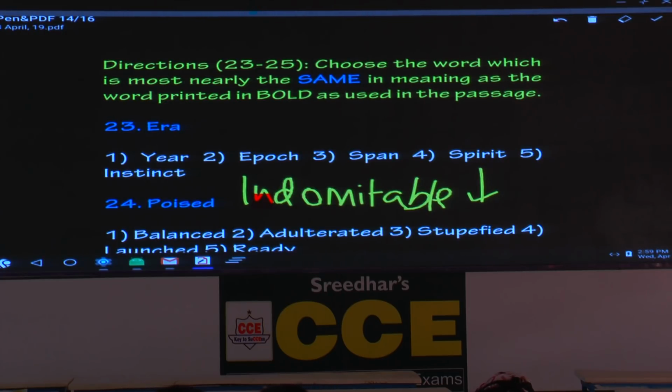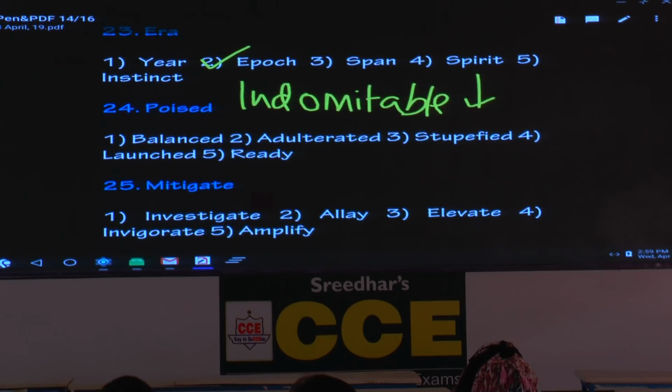When you see a snake, what is the reaction? You try to catch it or you try to escape? That is instinctive behavior. Now you got the meaning. Fine. So what is the answer here? The answer is the second option. This is a nice question, 24. If you get it right, I'll be very happy.